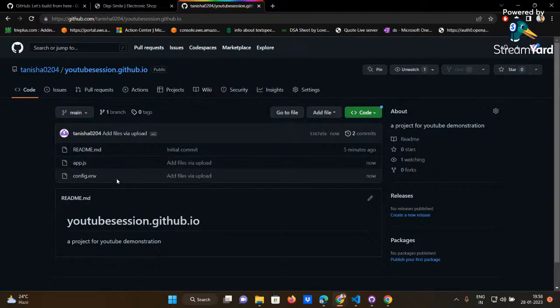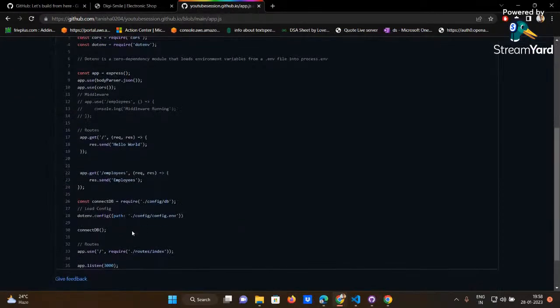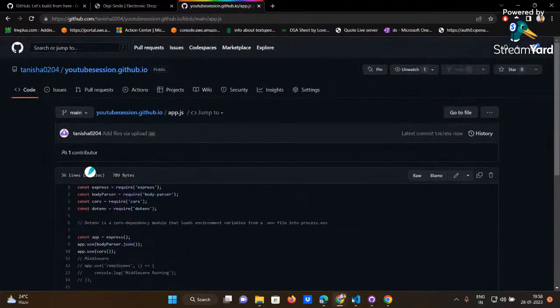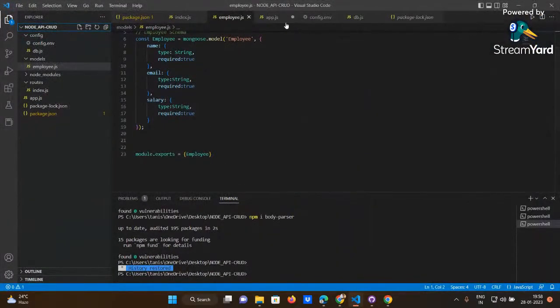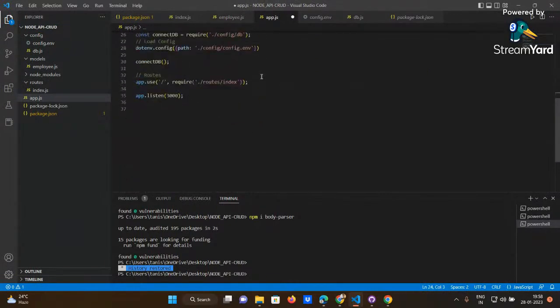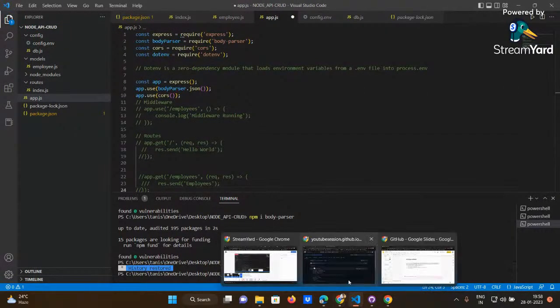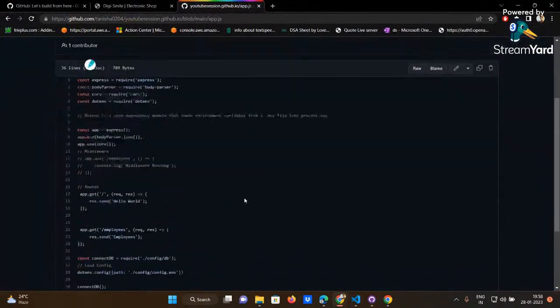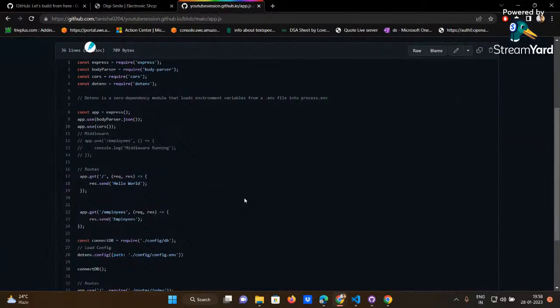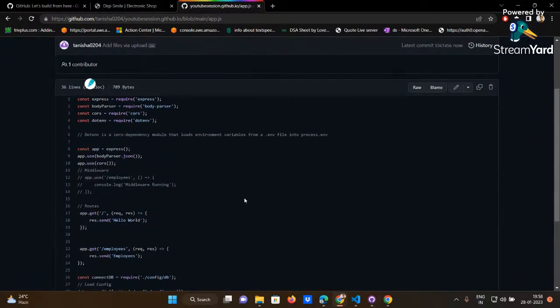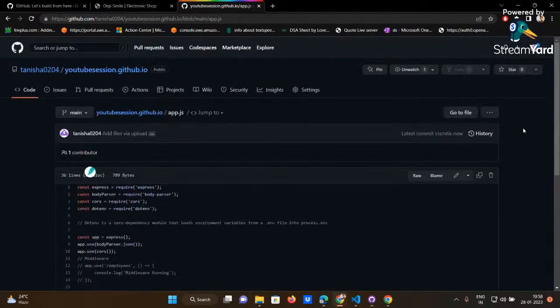Now we talked about code. In the code section, you can see a readme file. You can see an app.js. I'll just open and show. Yeah, these are the codes that were written. I'll go back here and show you app.js. See, the code written here is now transferred here. This is amazing, right? You just transferred a code somewhere where you can access it whenever you want, and you can have this project as long as you want, as long as you don't delete it.